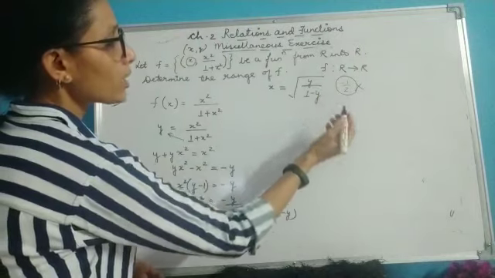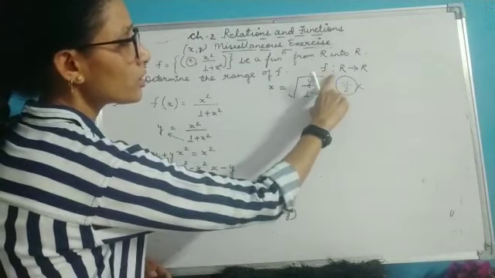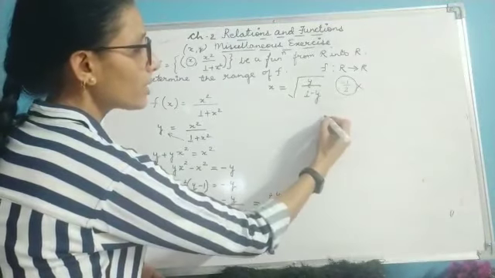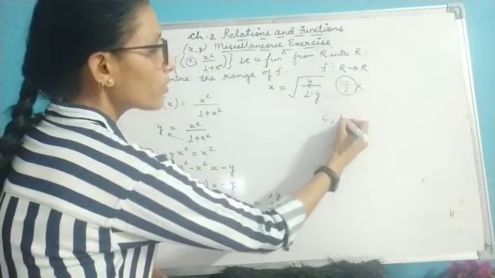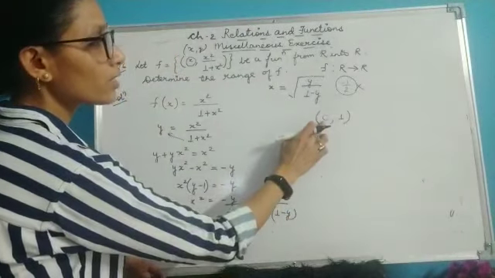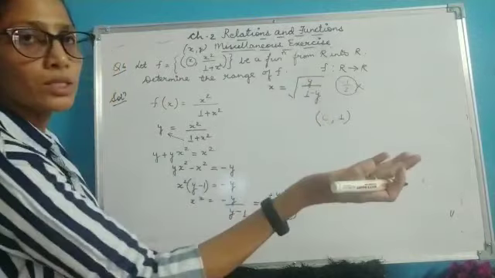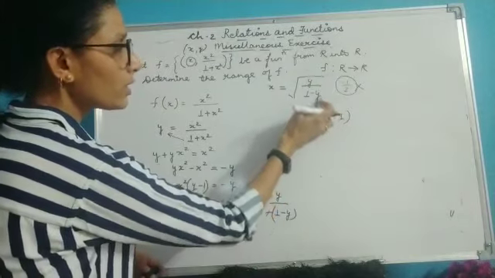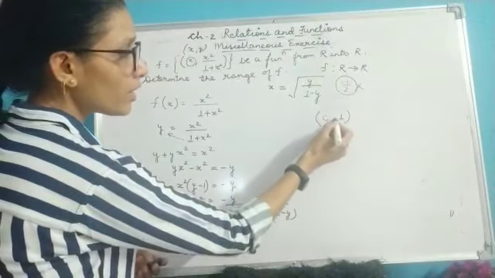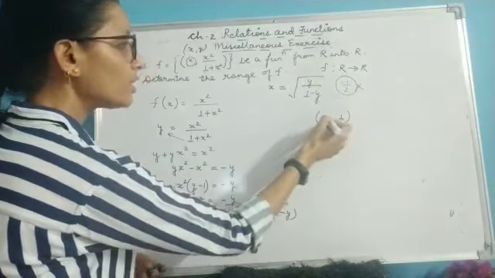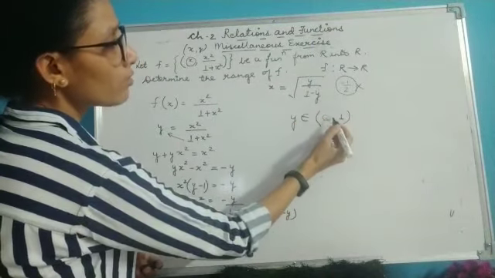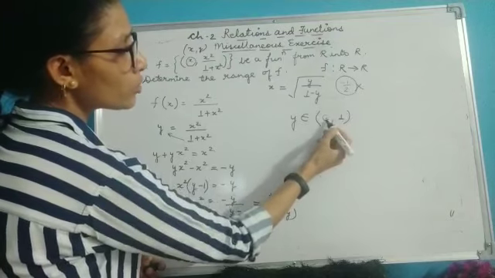So that means, since the function is defined from R to R, I can take the values in between 0 and 1. I cannot take 0 over here because then it will become just 0. I cannot take 1 here because it will then become infinity. So I can take the values which lie in between these two. So here your y should belong to the open interval 0 to 1.